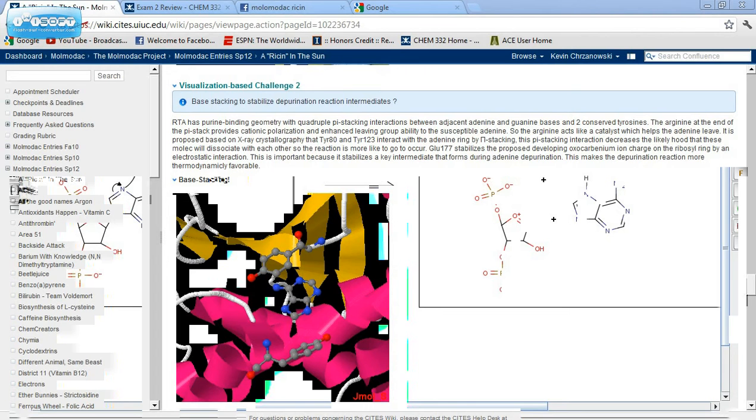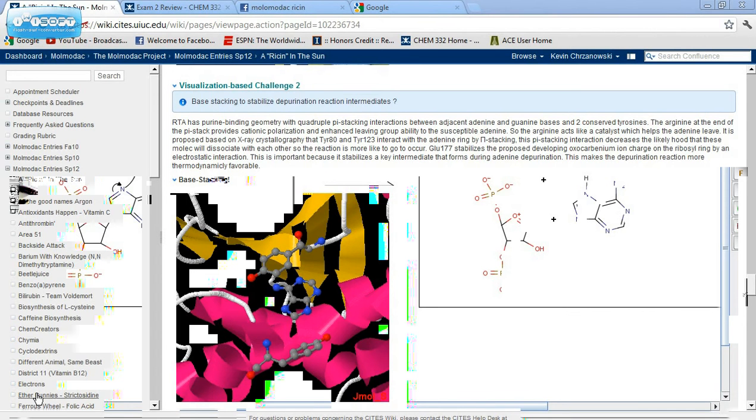To prove that arginine is critical to the function of the enzyme, mutants of arginine were produced to see how the results would differ from the wild type. When arginine 180 was replaced with histidine, the kcat decreased by 1,000-fold. When arginine 180 is replaced by lysine, kcat decreased by 4 times. Base stacking of the A chain with adjacent adenine, guanine, and tyrosine also helps stabilize reactants and intermediates.